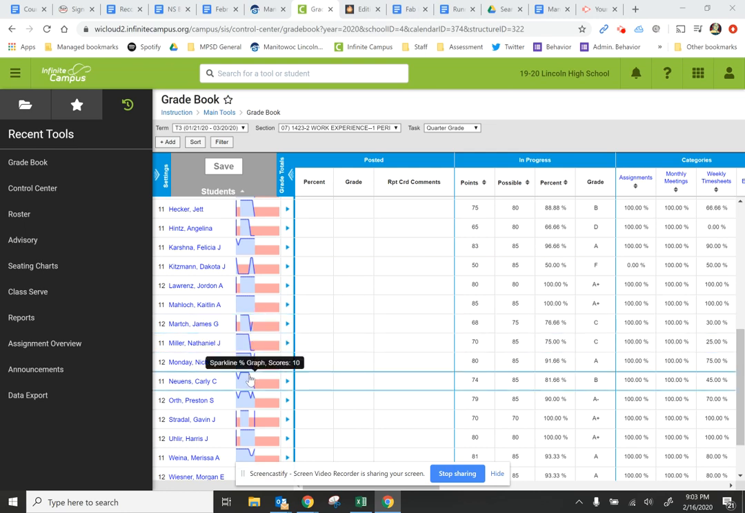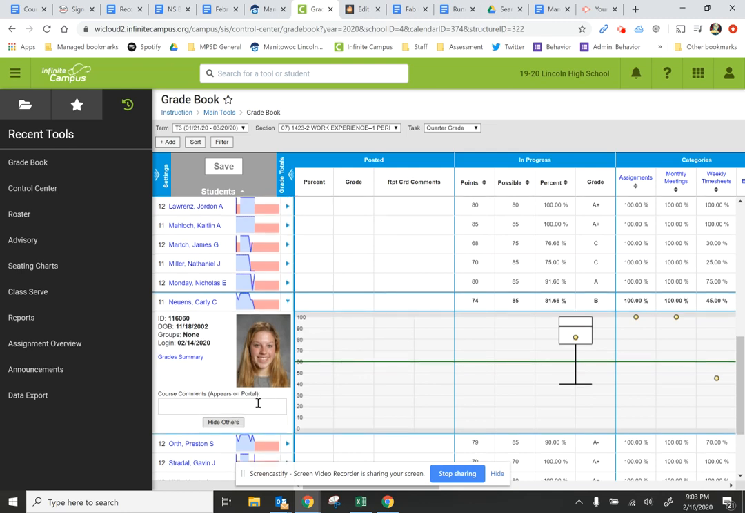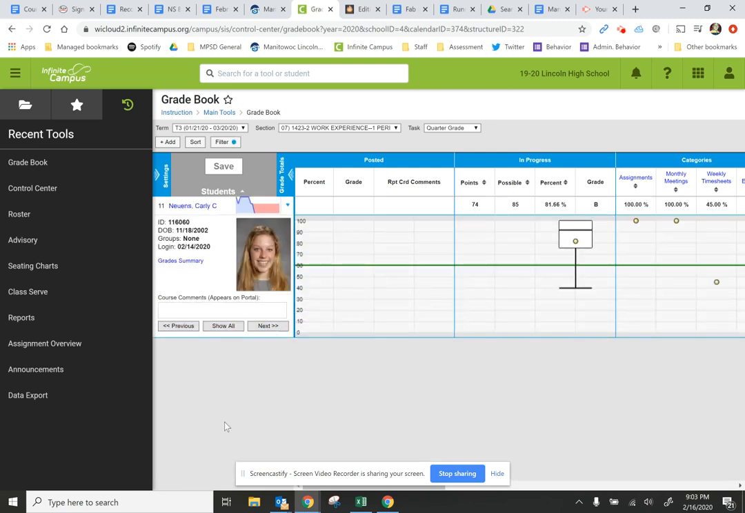So let's say you have a parent sit down. Let's say I've got Carly's mom and dad sit down and they want to talk to me a little bit about the class. I can actually give them a visual snapshot of how she's doing by just clicking on that spark line graph. And then, for confidentiality's sake, I can hide others,